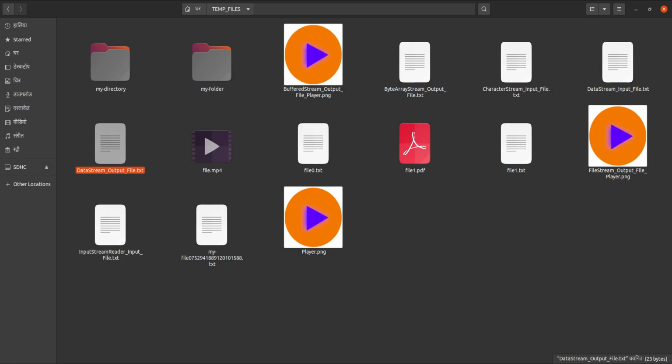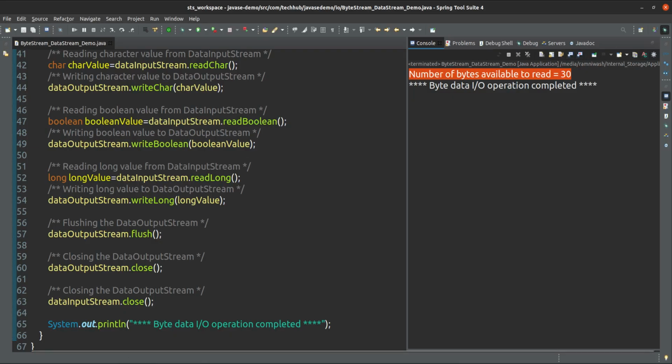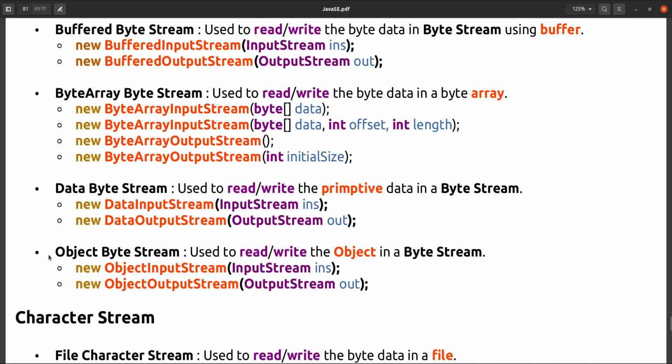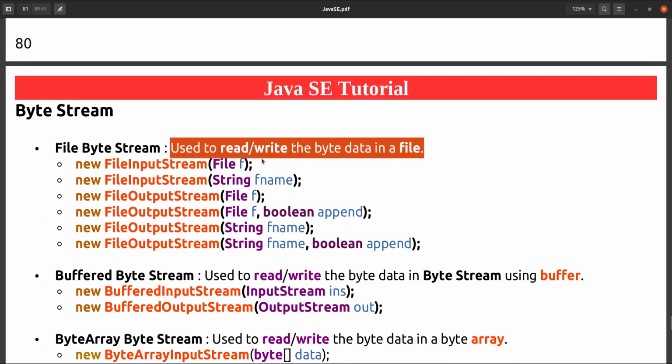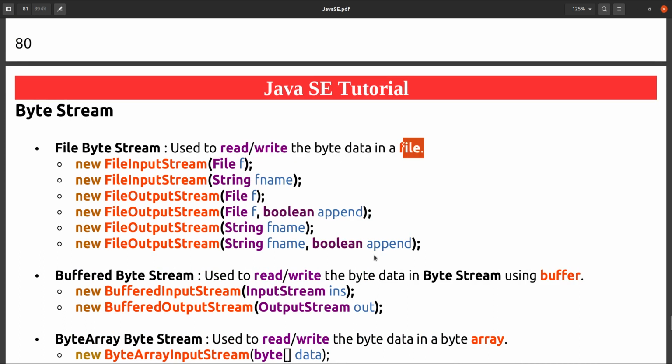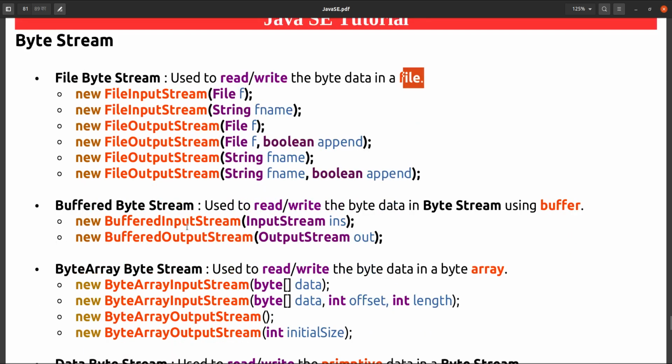Okay, the next one is object byte stream. So far we have seen file byte stream. File byte stream can be used to do the read write operation from the file. And buffered is also available, which can be used to read the data from the byte stream.